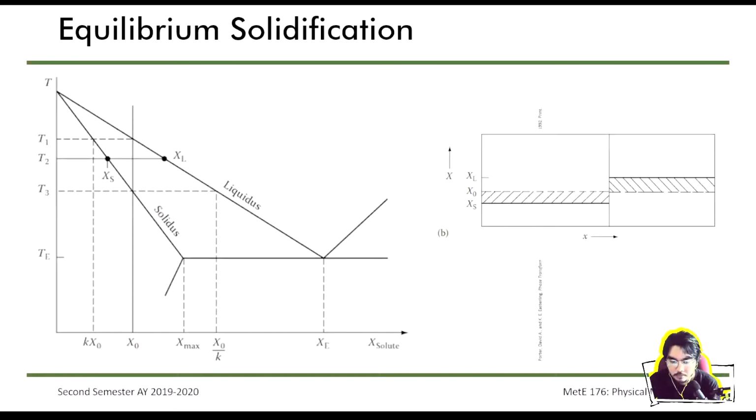Okay. So we can assume that if we have equilibrium solidification, XS is the concentration when it solidifies. For example, if you have something that looks like this, you're now at T2. At T2, if you use the inverse lever rule, is what I'm showing still correct? Wait, yes, it's correct. So, in this particular case,